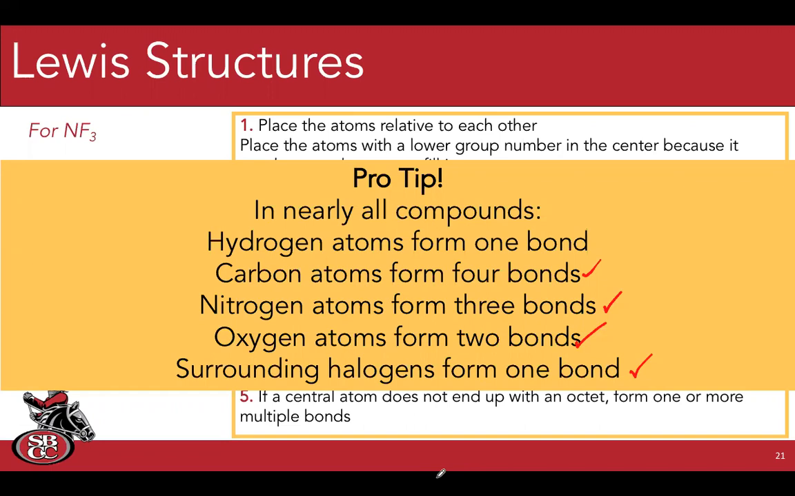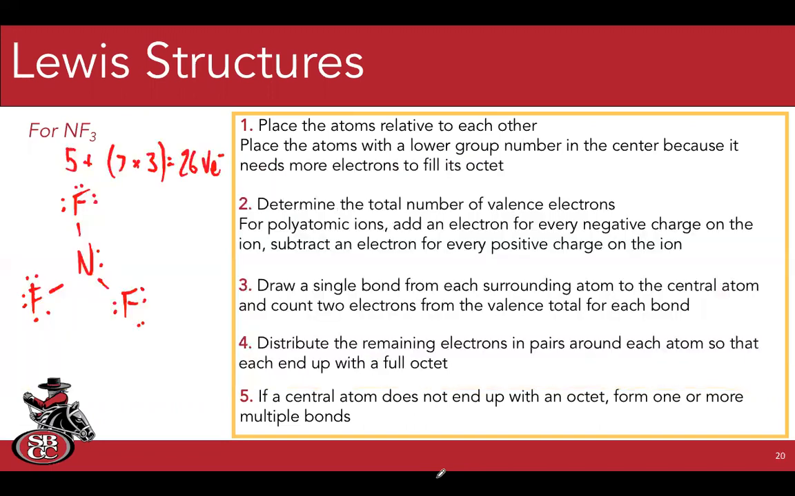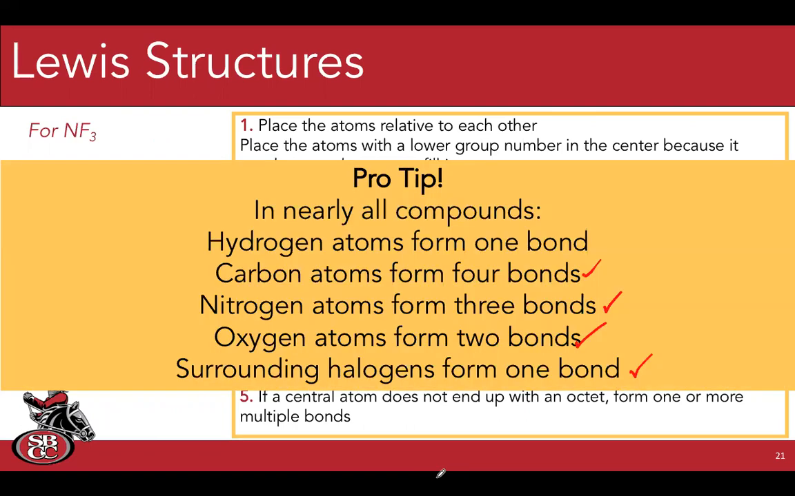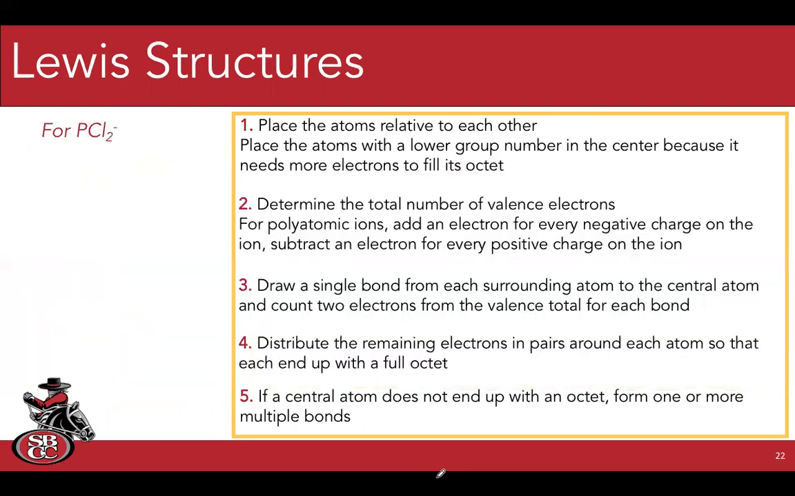Our nitrogen here, how many bonds did it form? 3, and it has a lone pair. So it works. Let's try one more, and then we'll get into some more of the details. So again, we're going to start with our skeletal structure. Phosphorus is in group 15 again, and of course chlorine is 17, so we'll put phosphorus in the center, surround it with chlorine. So phosphorus has 5 electrons plus 7 for chlorine times 2, and that, minus, so there's a